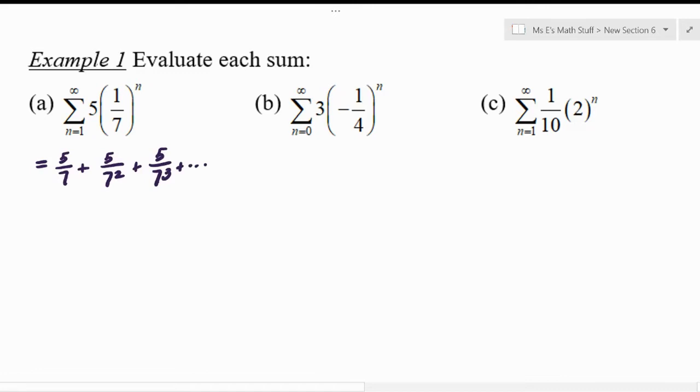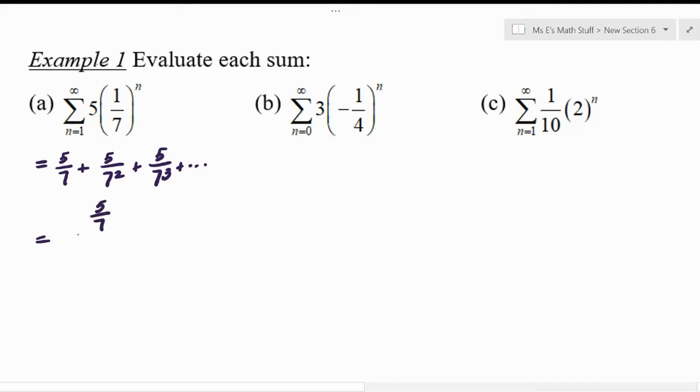So ask yourself, does this look geometric? And the answer is yes. Next question, does it look infinite? Yes. Last question, what's my common ratio? The answer would be 1/7. And is it between -1 and 1? The answer is yes. If you can say yes to those three things, then feel free to use the formula